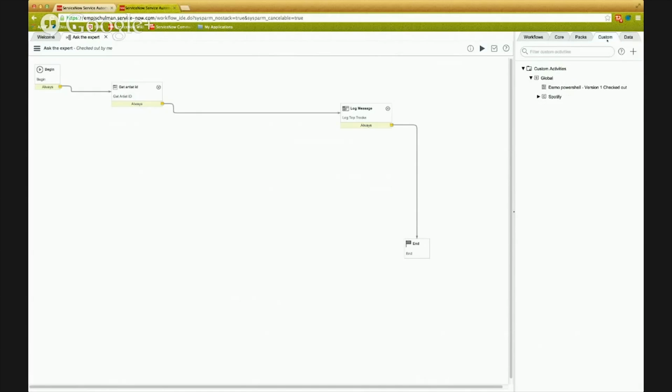So we need to create a custom activity. Like I said, in this example we're going to use PowerShell. We're going to use the PowerShell Invoke-RestMethod command to call a couple of Spotify APIs that are free. Typically you'd use a REST activity for that, but for this example we'll be creating a new activity in PowerShell. To create a new activity, you click the plus,